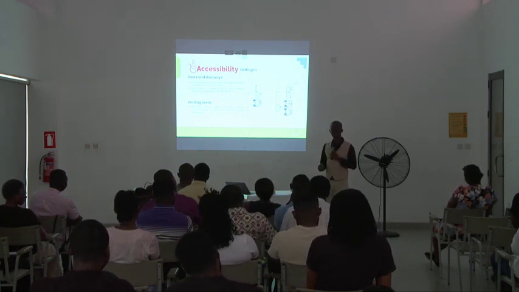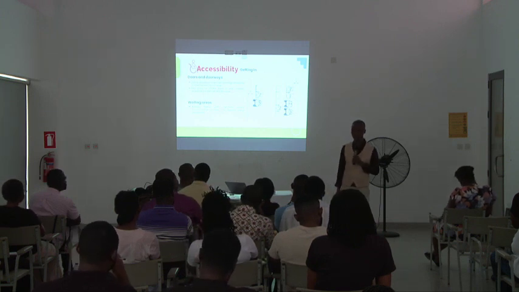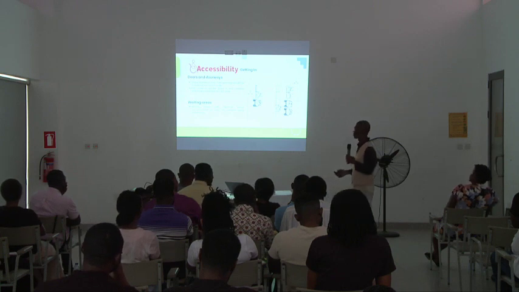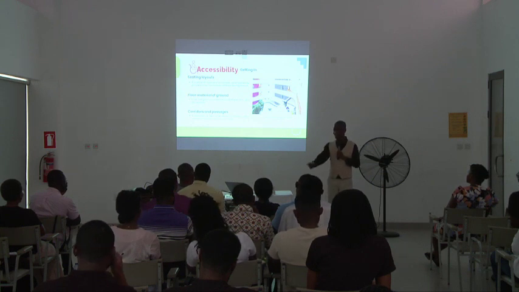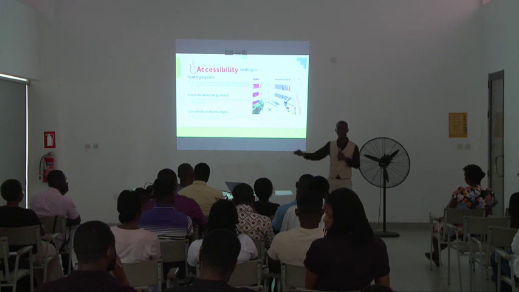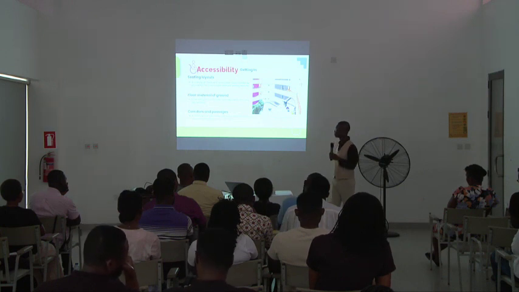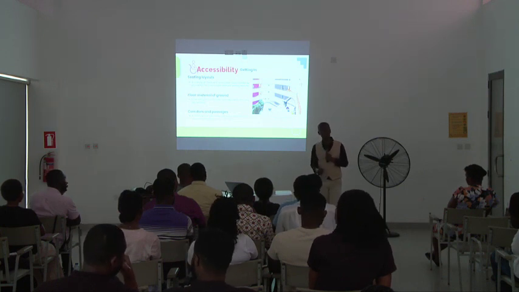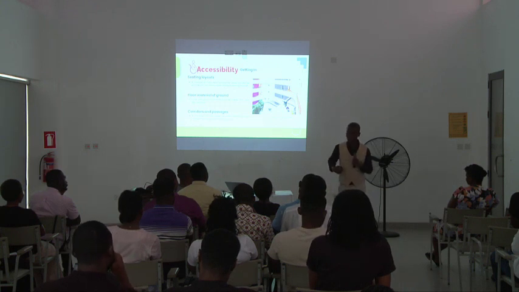So the doorways also can become a barrier when you want to access the facility, the building. As I said, the stepping up and stuff like that. Then the seating layout, when you get there to the seat, here it is flexible. If you are a disabled person, when you come, you remove some of them. But if it is fixed and rigid, then there should be access to the last or to the first row. And you have to make sure of the floor material. If you use carpet, it has to be fixed permanently, or else if you are rolling the wheelchair, it will also roll with it, and it's very uncomfortable.